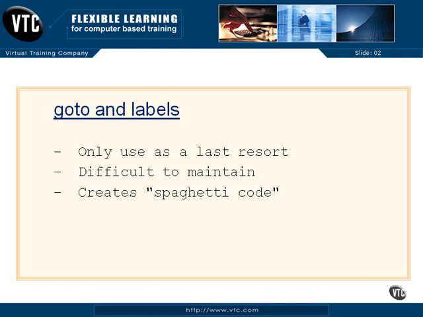It should only be used as a last resort if you can't figure out a better way to code the thing. And I guarantee you that there is a better way to code the situation you're in without using a go-to. The go-tos are difficult to maintain because they cause jumps to occur right in the middle of your code. And they create what can be termed as spaghetti code, because that's what it looks like when you're trying to maintain it and you're trying to follow a thread of execution through, because all of a sudden you're down deep